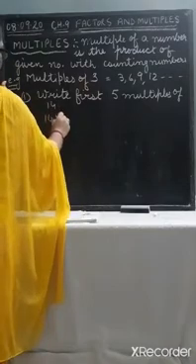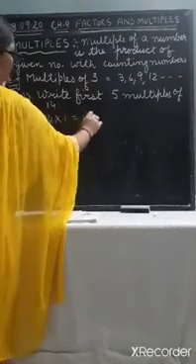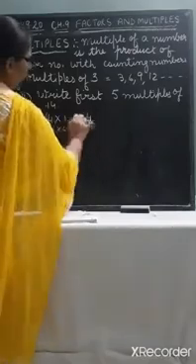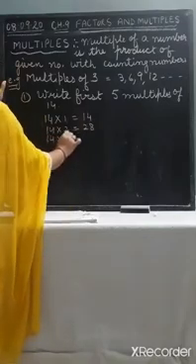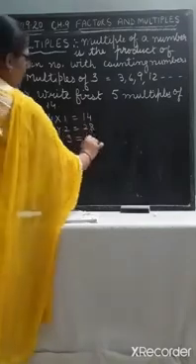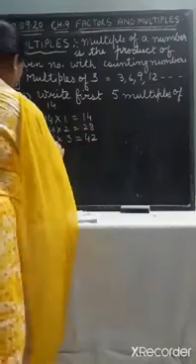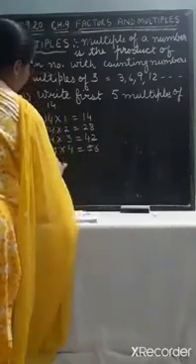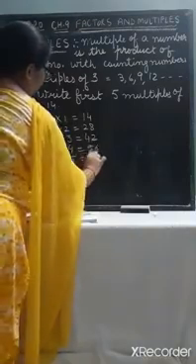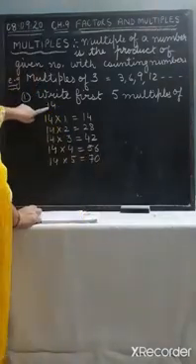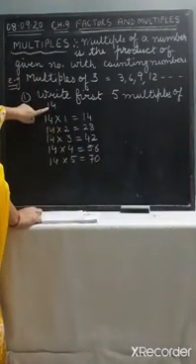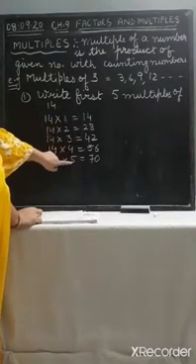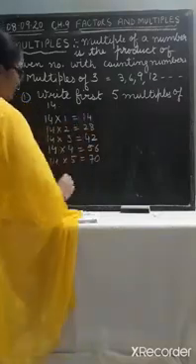So the multiples will be: 14 ones are 14, 14 twos are 28, 14 threes are 42, 14 fours are 56, 14 fives are 70. To find out multiples of 14, we will start multiplying 14 by 1, then 2, 3, 4, 5 and we get the multiples. So our answer is,